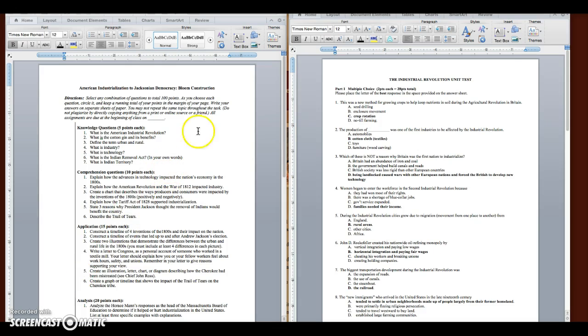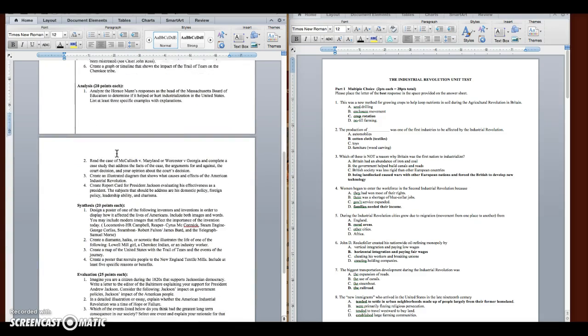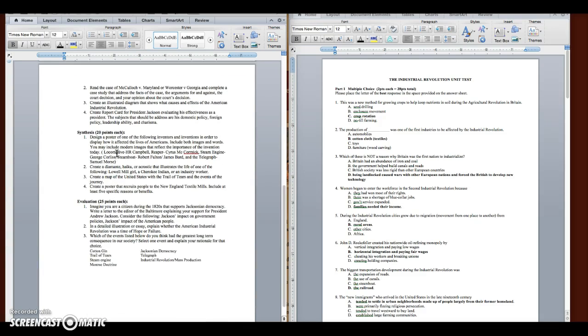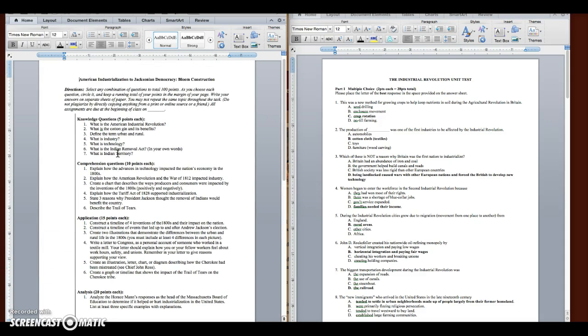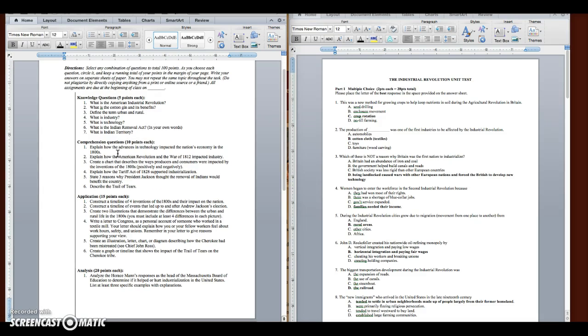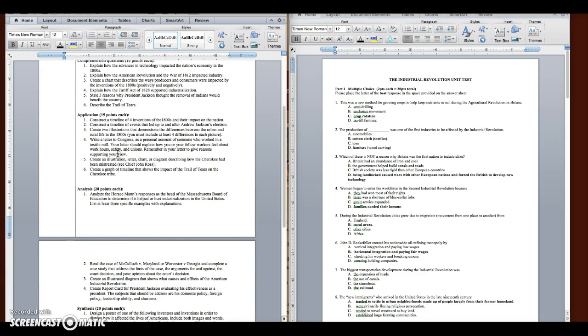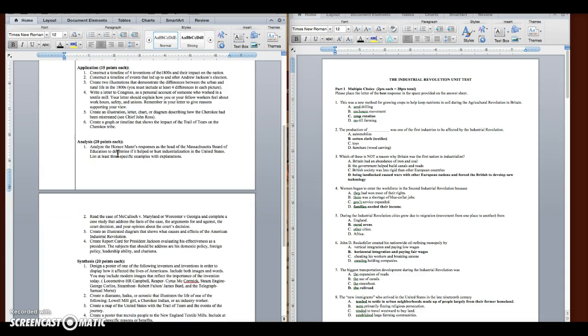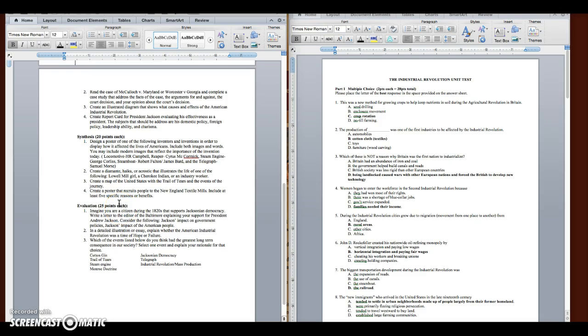This is the one titled Bloom's Taxonomy Worksheet. It would be worth 100 points. They can do any combination of these questions to add up to 100 points. This would serve as a way to get some points before their test, to look at questions that I would have on the test, things that they should be focused on. And it's a really cool assignment for them to be able to pick,